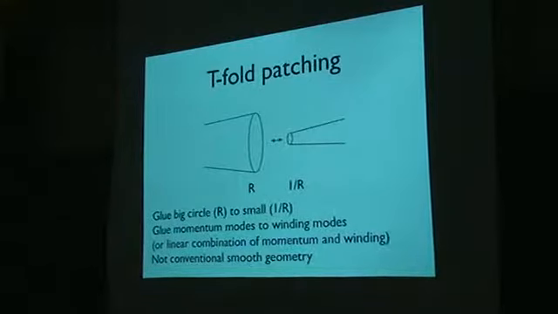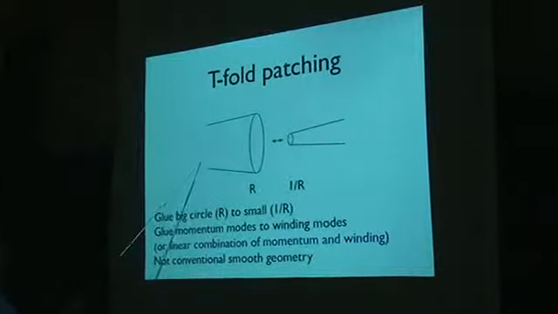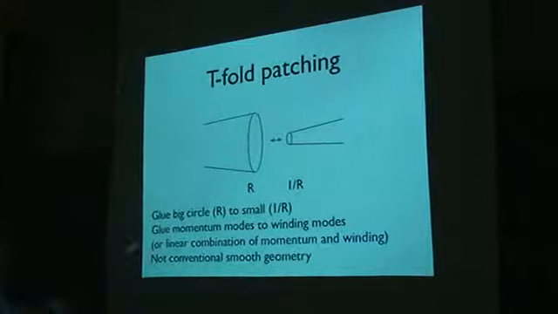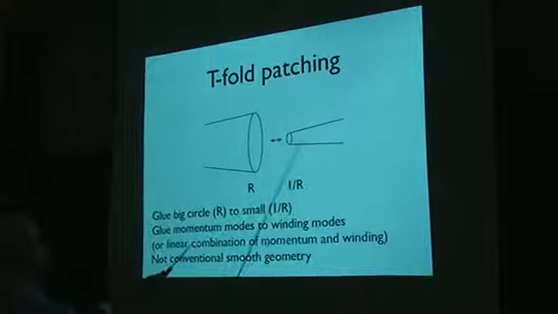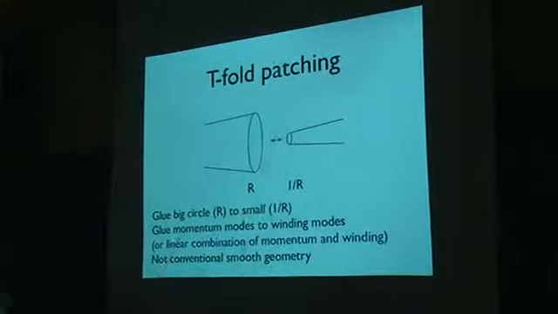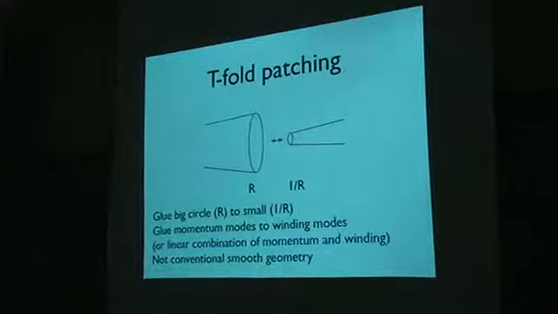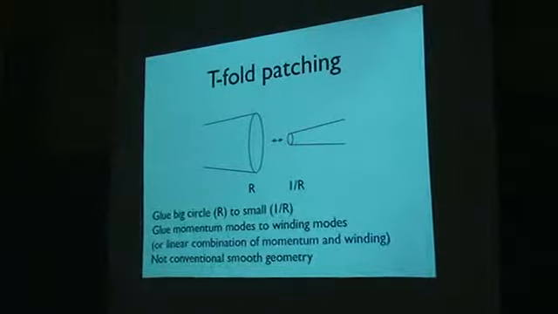So here's a cartoon of what I'm suggesting. If we have a space which is something like a large circle of radius r times some other stuff, which I'm reflecting as a cylinder, we've got another patch which looks like a small circle of radius 1 over r times some other stuff. What this is saying is we could try and glue this big circle to this small circle,